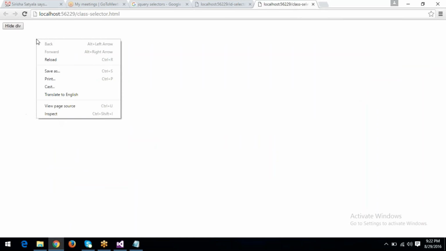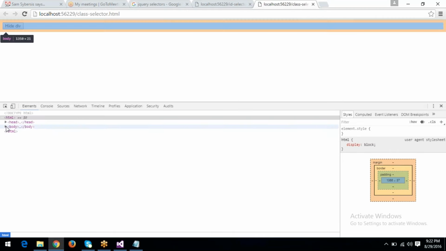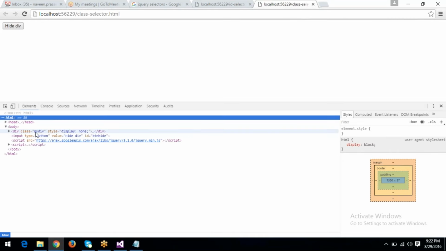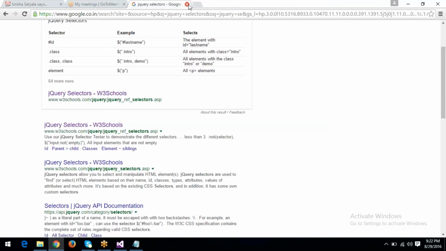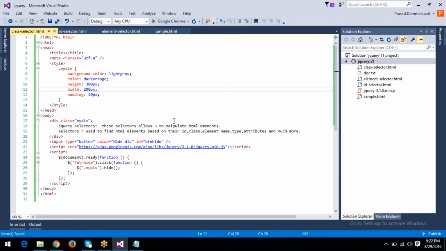So click on this button. So div is hidden. Go to inspect element and check here. Okay, class name myDiv and style equal to display none. CSS property is applied internally. Okay, so these are the three important selectors,